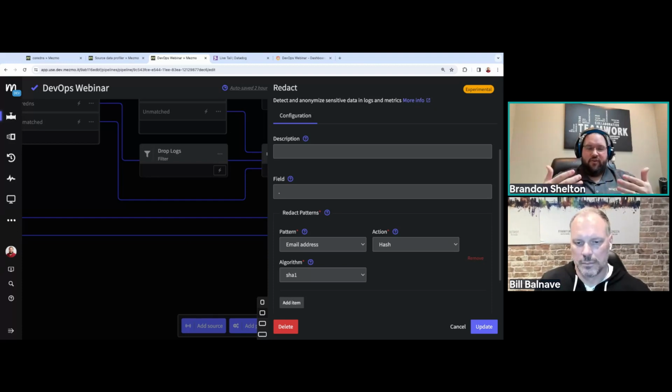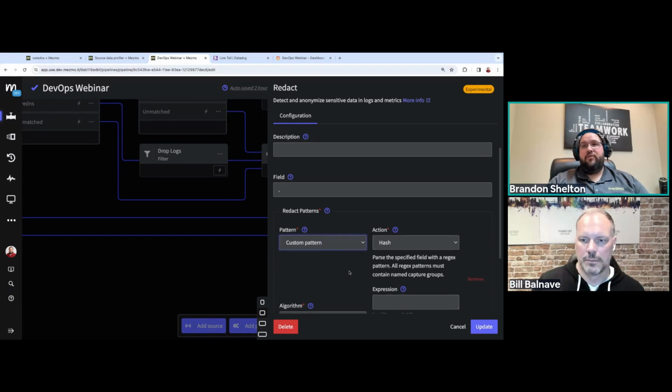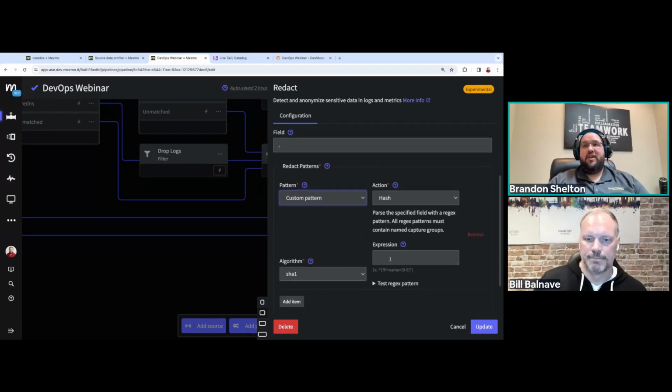As long as I use the same hash algorithm, I can go find that information downstream without storing that data or keeping it. For us, we have different patterns here: email, IP address, credit card number, depending on your own business and what kind of data you have. We also support custom patterns. If you have a regex expression proprietary to your business, you can drop that right in there, and we will hash that as well and keep your data super secure